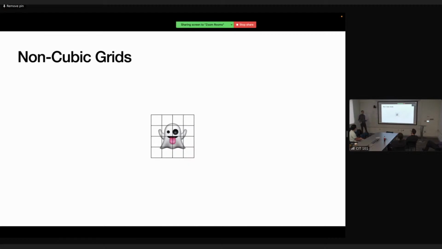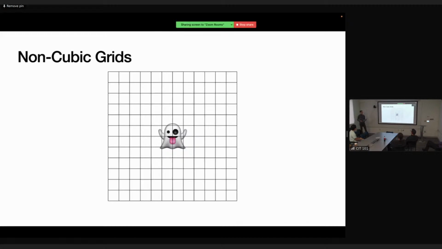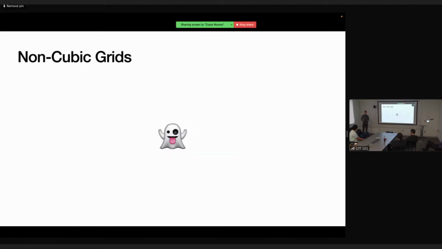Then if we want to extend this to the background, we could just extend this grid like this and so on. But the problem is that if we do this for a large space, we will find that we are allocating like 0.1% of the parameters to the foreground. And when people look at reconstructions, they actually care about the foreground a lot. So in practice, you want roughly 50% of your parameters in the foreground and roughly 50% in the background. And so what we do instead is we define this uniform foreground grid, but then we